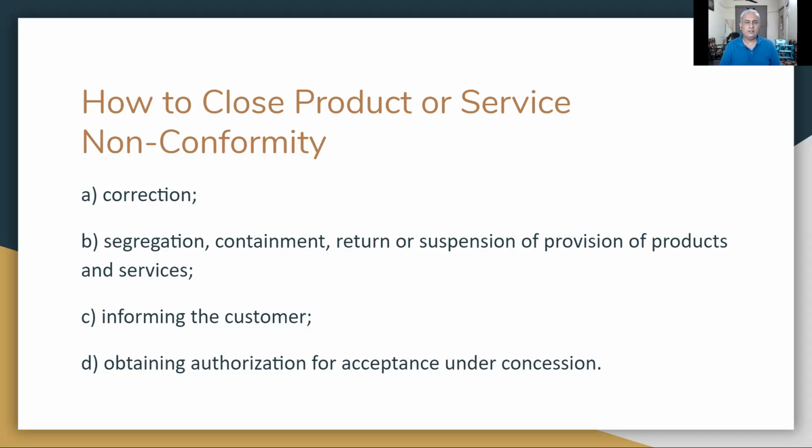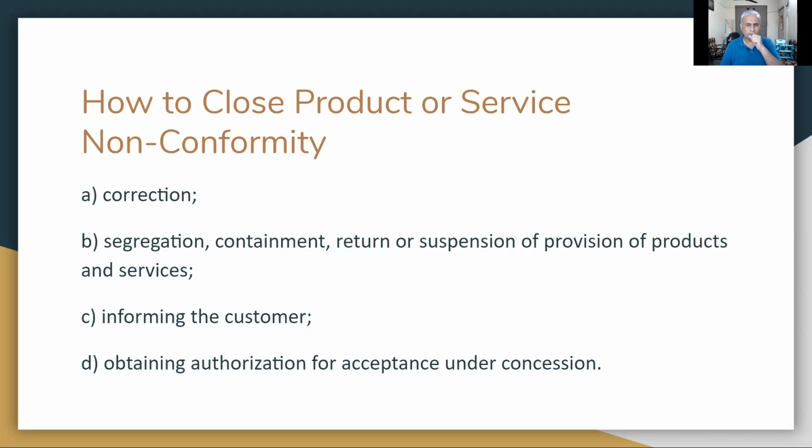Now, what is containment? Containment is where, in the production area or in the stores area, there is one area which is dedicated to non-conforming products, where all non-conforming products, at some moment or some stage, if they are non-conforming, are stationed or kept. It may happen that the area is a dedicated area only for non-conforming products. So anything which is kept under that area will not be used anywhere else. If the manufacturing unit has a lot of space, this is possible.